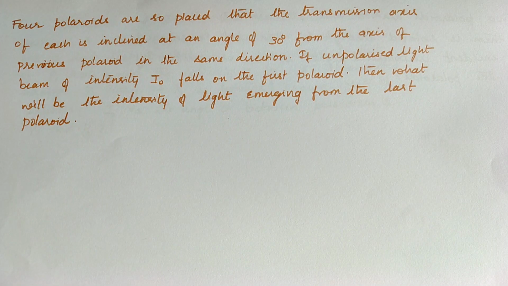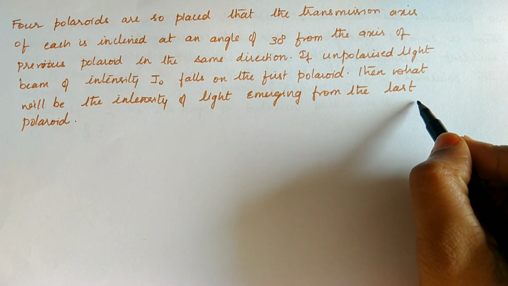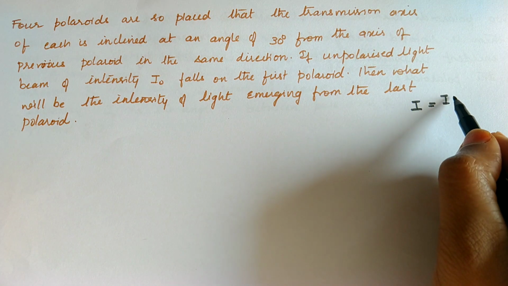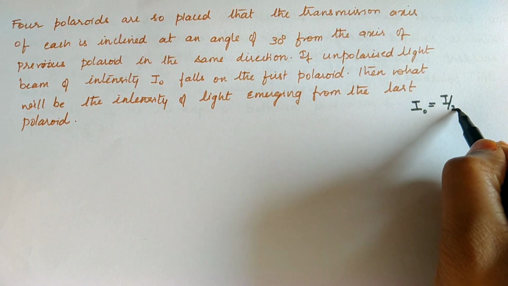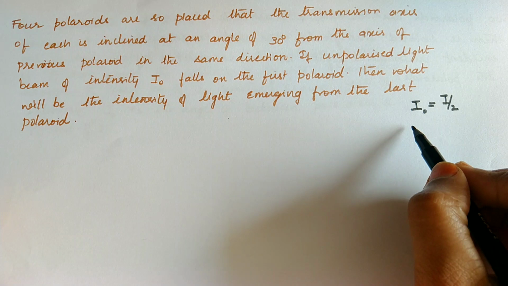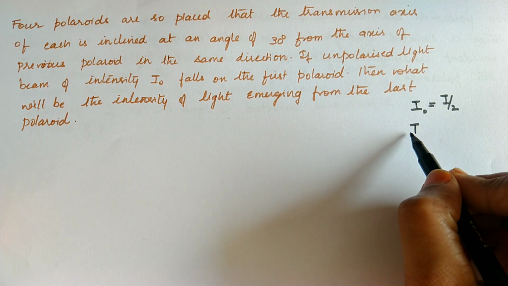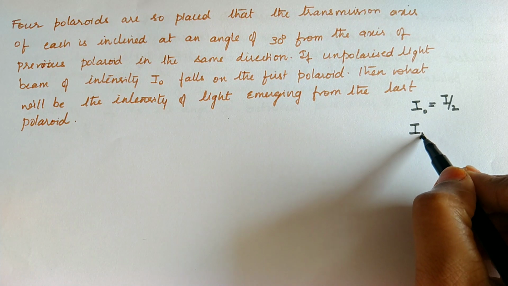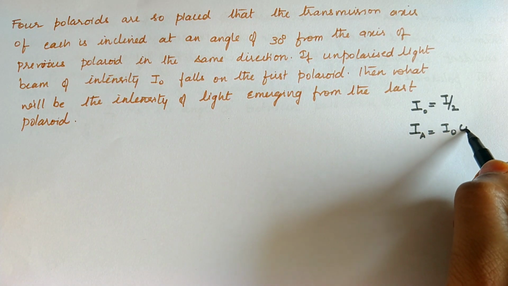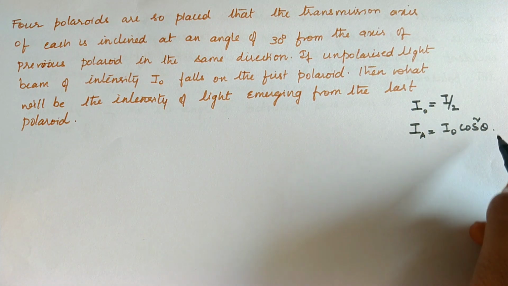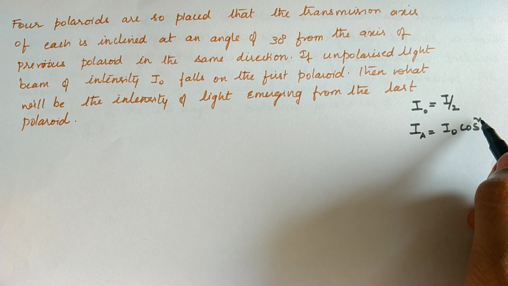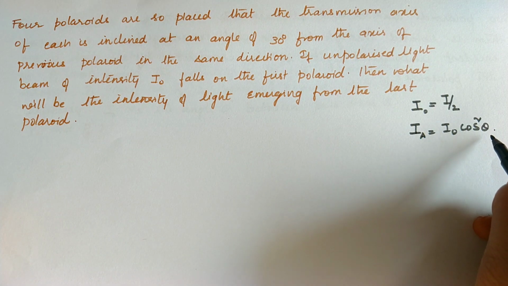Okay, look at this question. This is based on Malus's law. Hope you remember Malus's law. When unpolarized light passes through a Polaroid, its intensity reduces to half. Whereas when polarized light is passed through a Polaroid which is making an angle theta with the axis of the polarizer, then I_A is equal to I naught into cos square theta. I repeat, the intensity of light emitting from an analyzer is incident intensity into cos square theta. Theta is the angle between the axis of polarizer and analyzer.